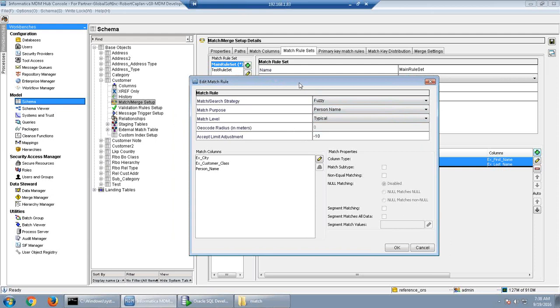We'll load some data and test all these scenarios. Any questions anyone has?